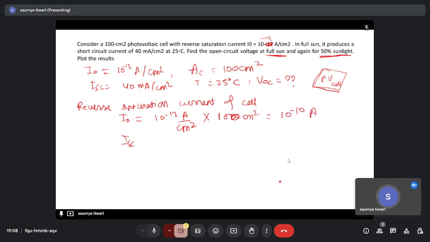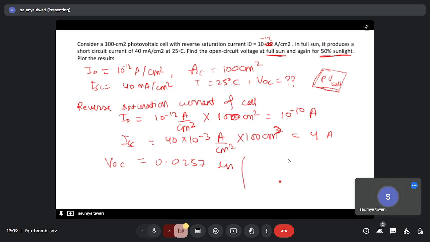Similarly, your ISC value, it is 40 milliampere, so 10 to power minus 3 ampere per centimeter square into 100 centimeter square. So this will be 4 ampere, right? Now this is at full sun condition. So we know the formula for VOC, open circuit voltage. If you remember the formula, it is 0.0257 log of ISC, short circuit current upon reverse saturation current plus 1. Okay,